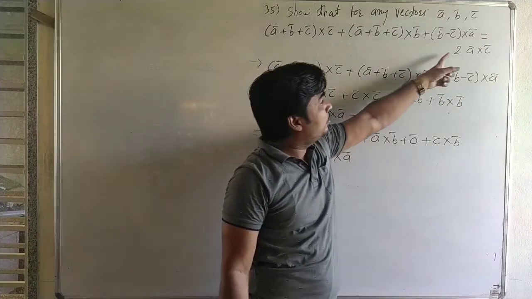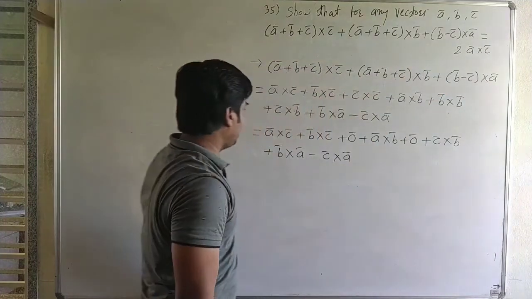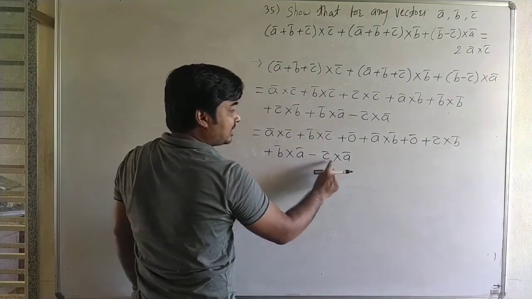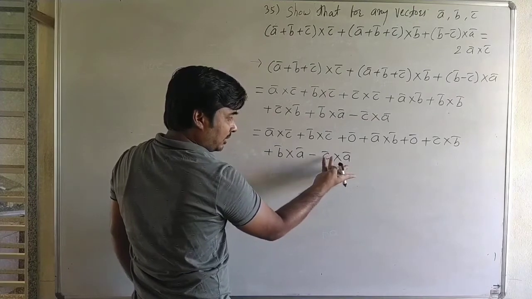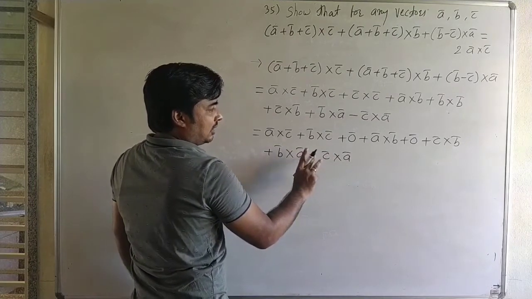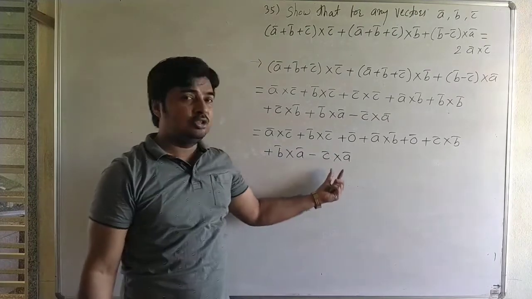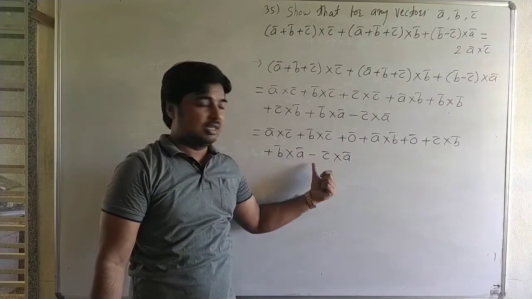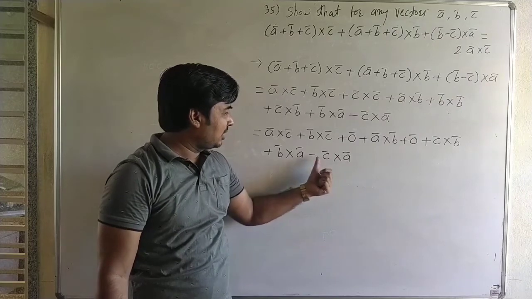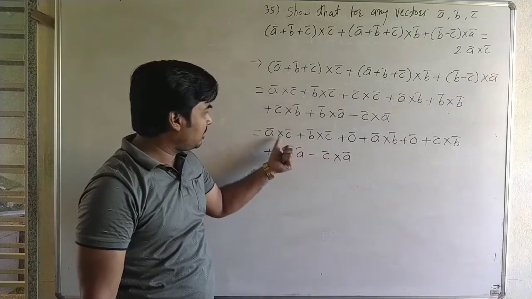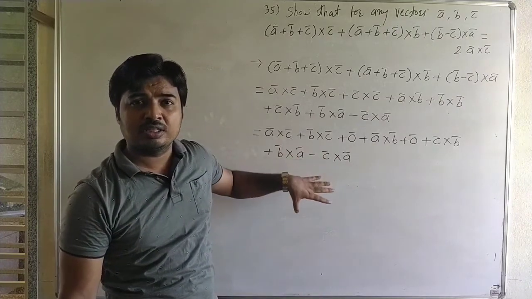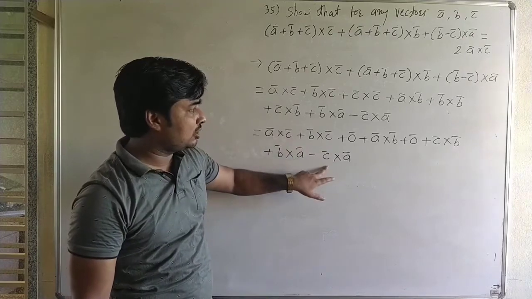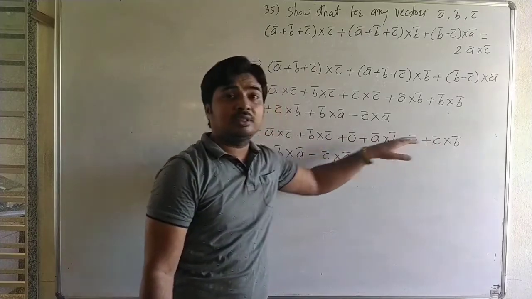Okay, we have to prove that it is 2 A C. It is A C and it is C A. Here we use the property C bar cross A bar is equal to minus A bar cross C bar. Therefore, this becomes plus, that means plus A bar cross C bar. That means A bar cross C bar and A bar cross C bar, it is 2 A bar cross C bar. Therefore, all these terms are cancelled.